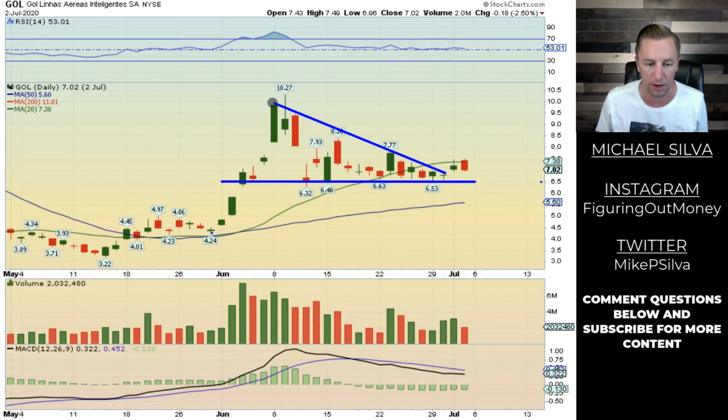You saw that big run up here, and then the 50 period moving average is right here, sloping nice and upward. And then you have the 20 period moving average pretty spaced out between it, which is somewhat bullish. The price action recently just broke above the ascending triangle. However, it's struggling to make it above the 20 period moving average. This right here looks like it's really just taking its time to consolidate to potentially make a higher move to